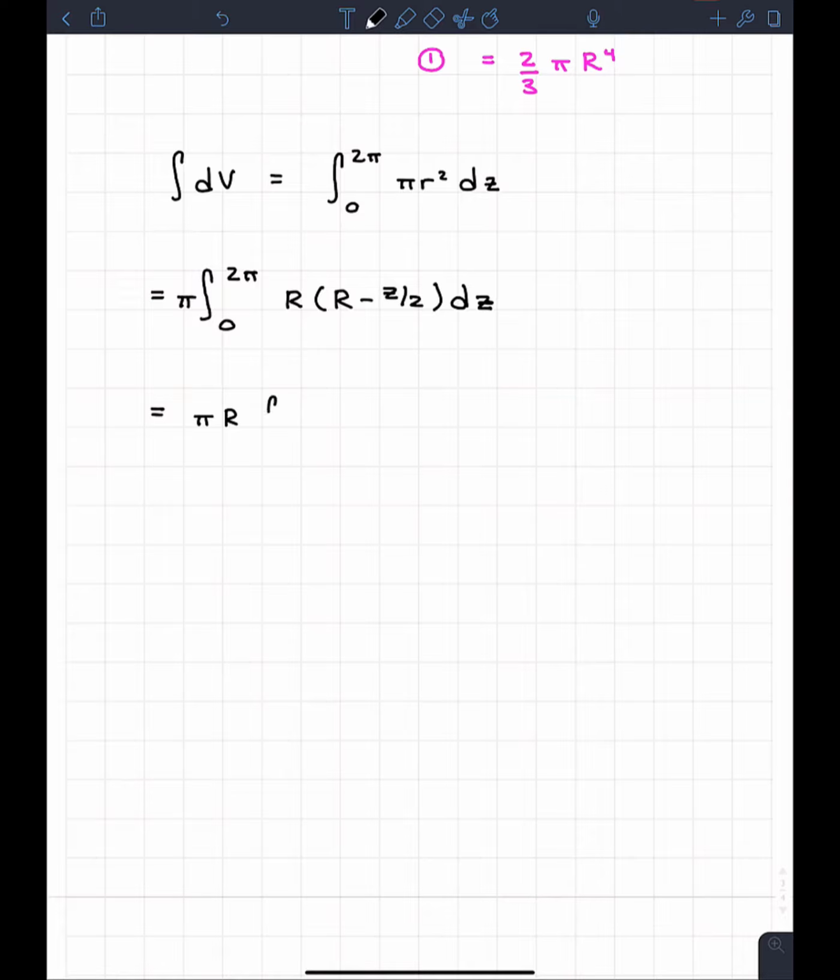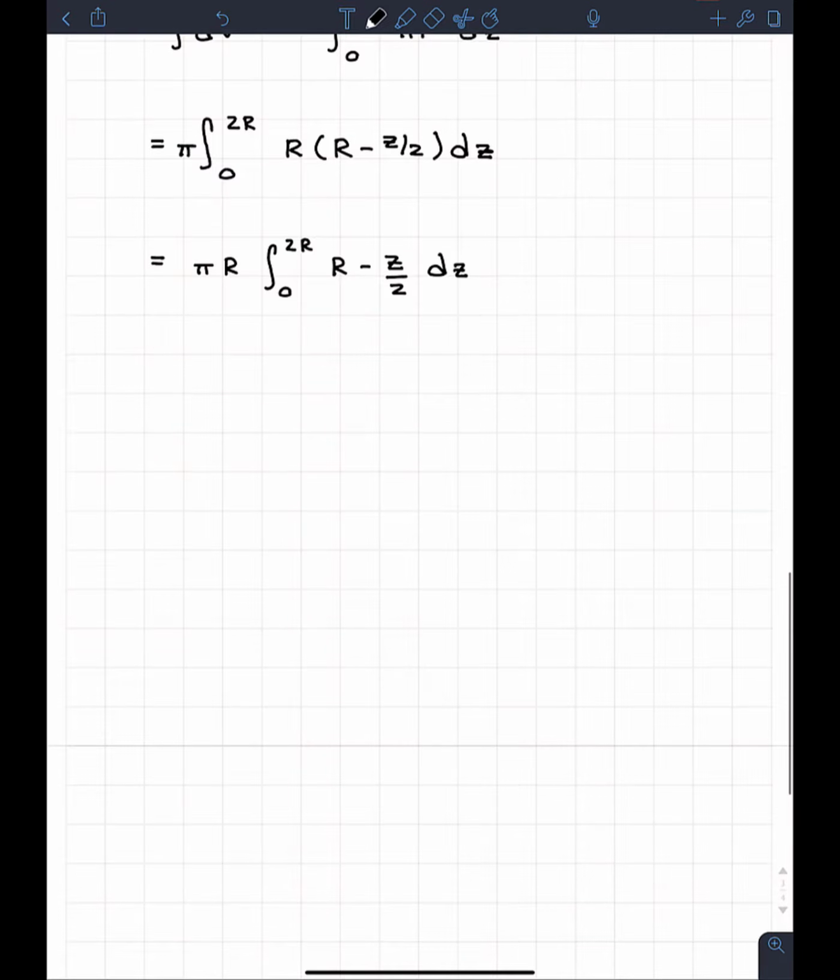multiplied by the integral from 0 to 2r. And I put from 0 to 2 pi in these ones, I don't know why. These should be from 0 to 2r. And this is going to be r minus z over 2, all integrated with respect to dz. Excuse me. So I can come down here even further, and I can integrate this and say this is equal to pi r,